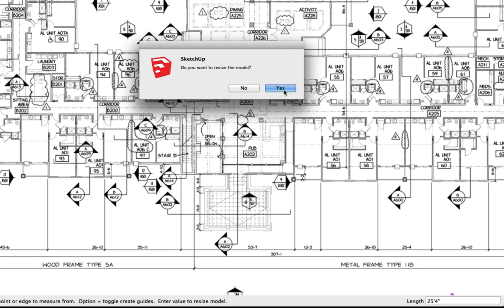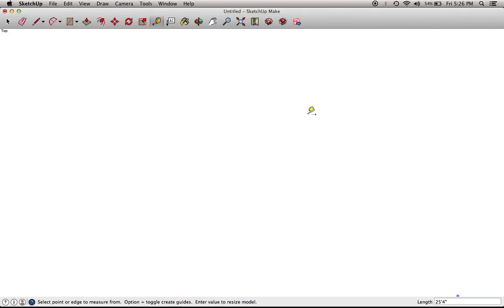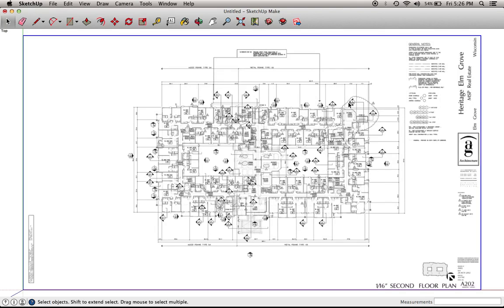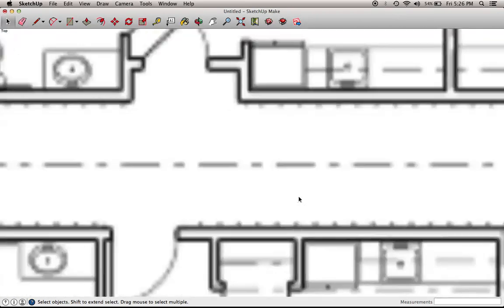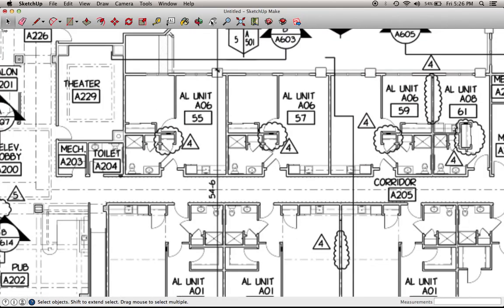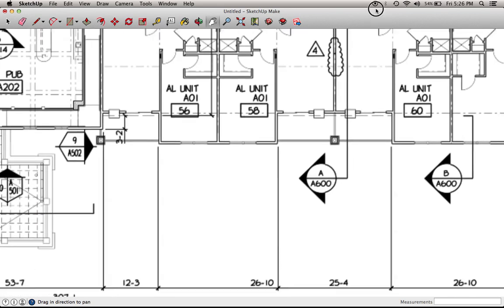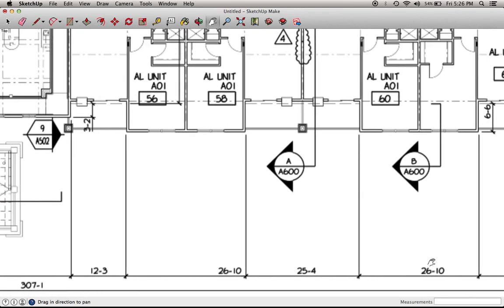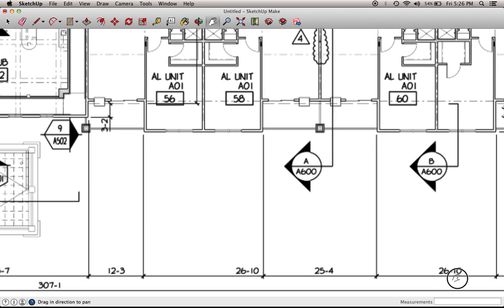Do you want to resize the model? Yes. So now as you can see, I'm looking at white space, and that's because, number one, I want to get out of this tape measure mode, so I hit spacebar. And then I hit Command left bracket to fill the entire screen with my model. Now, when I come in here and look at a particular component, and let's go ahead and move this over here, this 26-foot, 10-inch section right here,